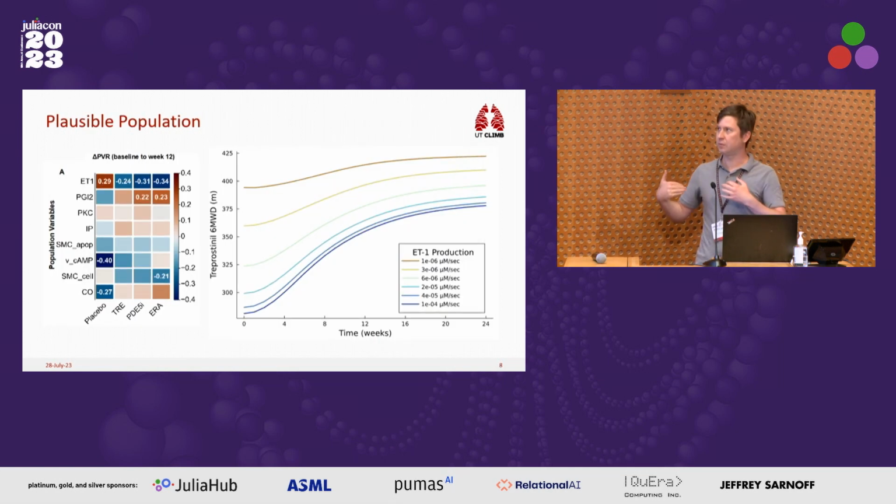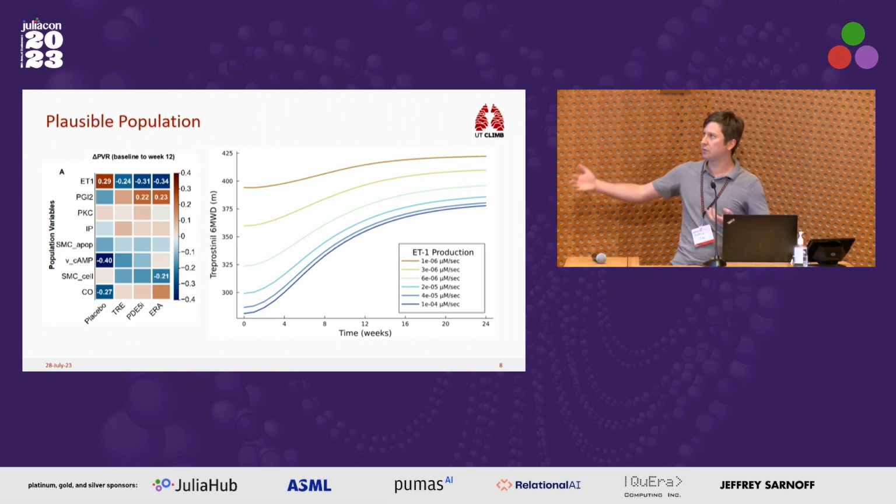Okay, now I'm going to go through each of those 3 steps I talked about in the virtual population briefly. So that big graph on the right there, what we've done is we've fixed all our patient parameters, all these parameters that vary between our virtual patients, except one, endothelin 1 production. And we changed that to see how that changes patient behavior. And on the y-axis, you have 6-minute walk distance, how far they can walk. And that goes down as you increase this endothelin 1 production, which makes sense. This is a compound that famously contracts your cells, so it narrows the arteries,